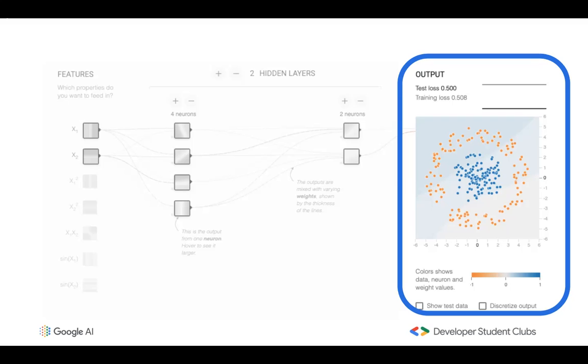If you look at the output graph, it's quite a circular boundary between blue and orange in this case. So we'll have to pick our neurons. Over here we have some pre-built neurons and features, and we need to pick the right ones to essentially come up with this boundary. While we can't come up with a circle, we could use several lines to cordon off this middle section, and then we essentially have a model that separates blue from orange based on the given data. So that's one approach which we can try.